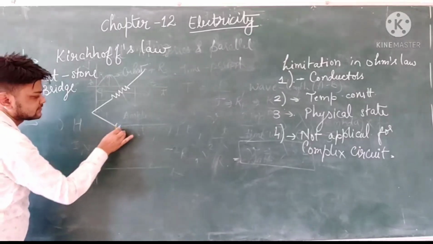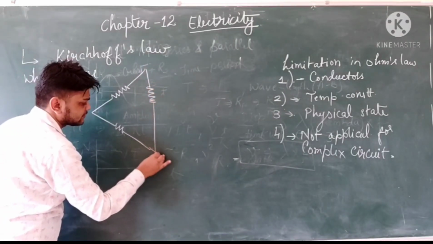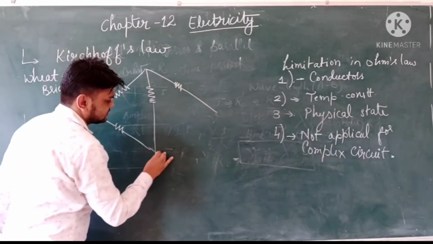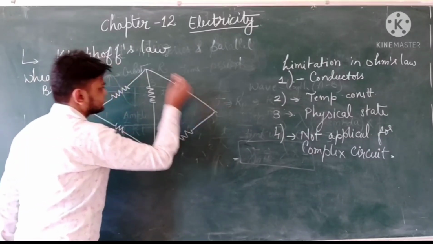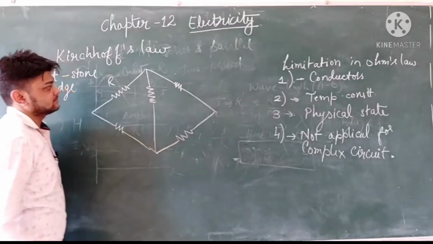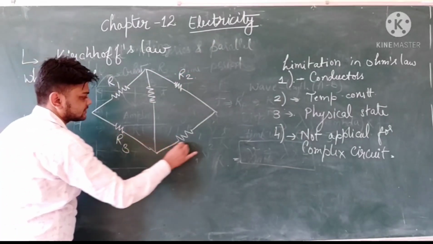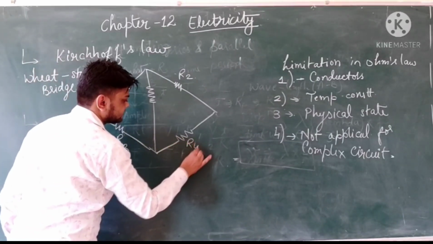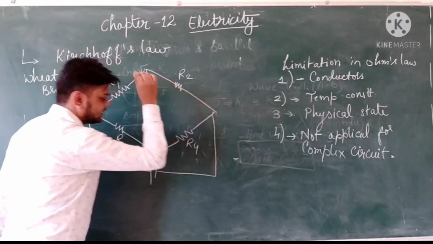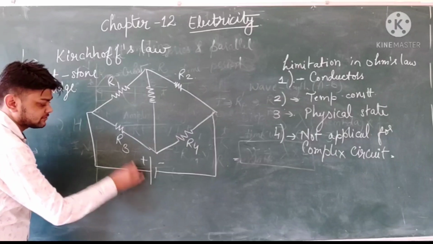Such that the resistors are connected in the form of a parallelogram or kite shape, and there is one resistance connected across the diagonal as well. So if resistances are in this format, how do we calculate such a scenario? Here, if I look, the current is traveling from this section.